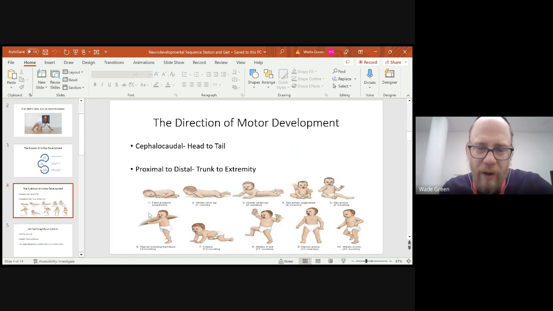Okay, here we go. So how do we typically develop from a motor perspective? Ultimately, all of us start off in this prone position, and then eventually we're able to hold our chin up. Now, what's the one commonality that you guys notice